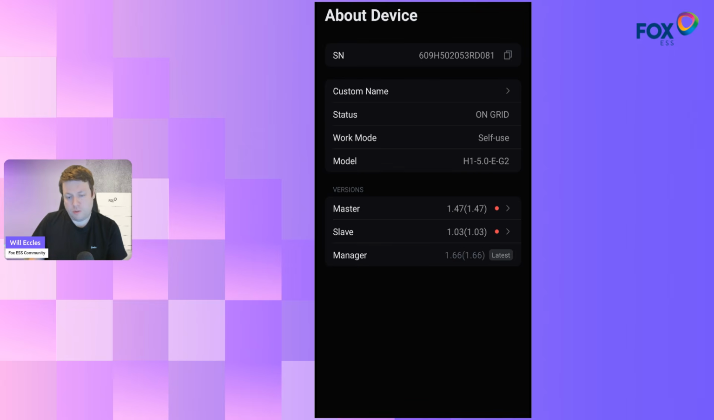This has normally been the screen to display the firmware version, but there's some tweaks to it. You can see now that the master and slave versions of this device's firmware have a red dot indicating that there's an update that could be applied. And if the component is already up to date, there's a really nice label saying latest next to it. In this case, the manager version is up to date, but there's been a master and a slave release indicated